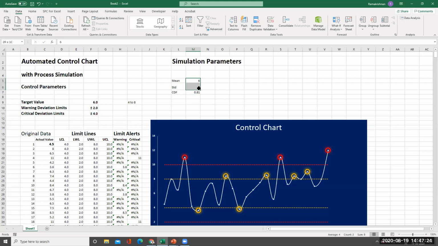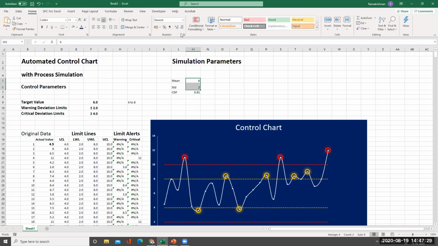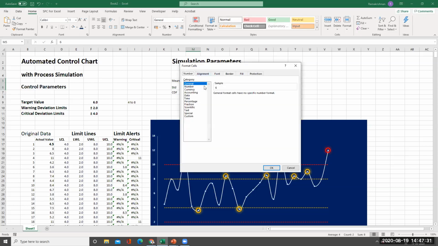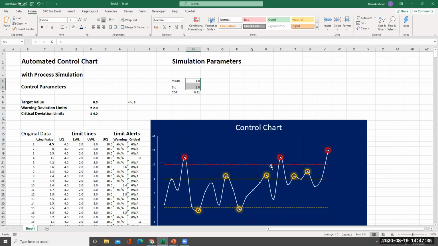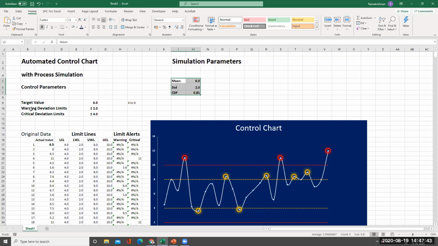Now these two I'll just change to number format. Home, number format is 1 decimal, right? Okay, this is here. Now all these things I'll make 12 and bold. 12 and bold like this. Right? This is simulation parameter. This is the control parameters we are having. Now with this mean and standard deviation, I have to have a normal distribution curve. That is called process distribution. We will see how to make it.